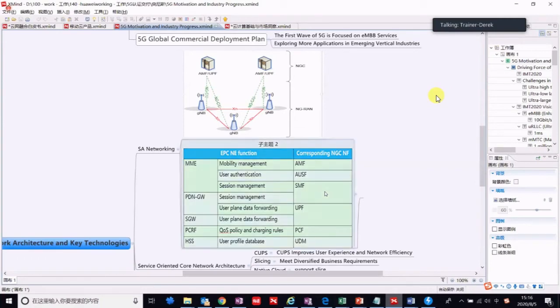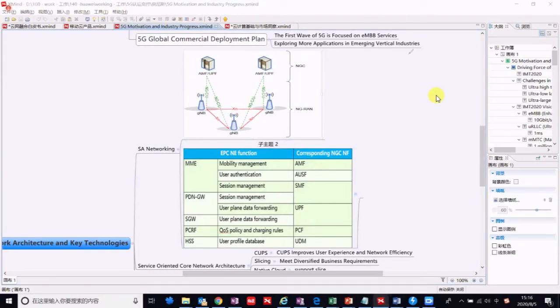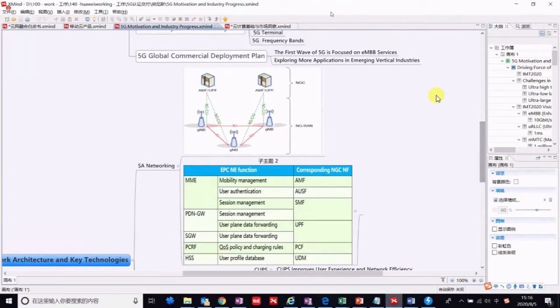First, let's review what we have learned yesterday: the 5G network architecture and key technology. First, the NSA technology, SA networking. SA networking, and compared with our 4G network,